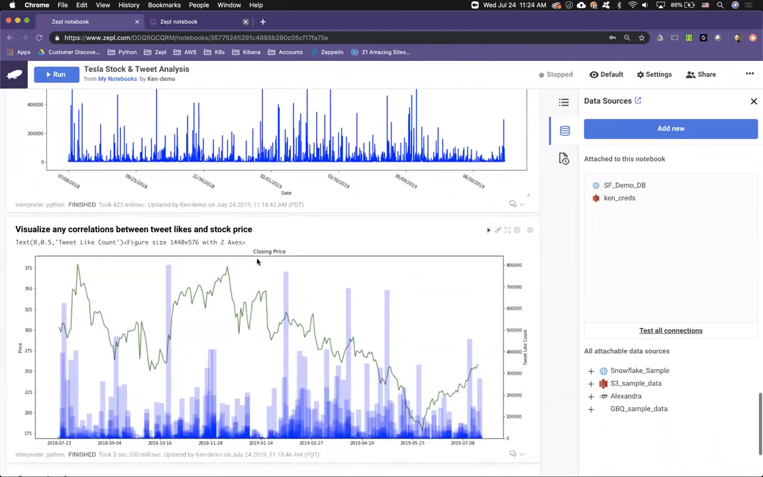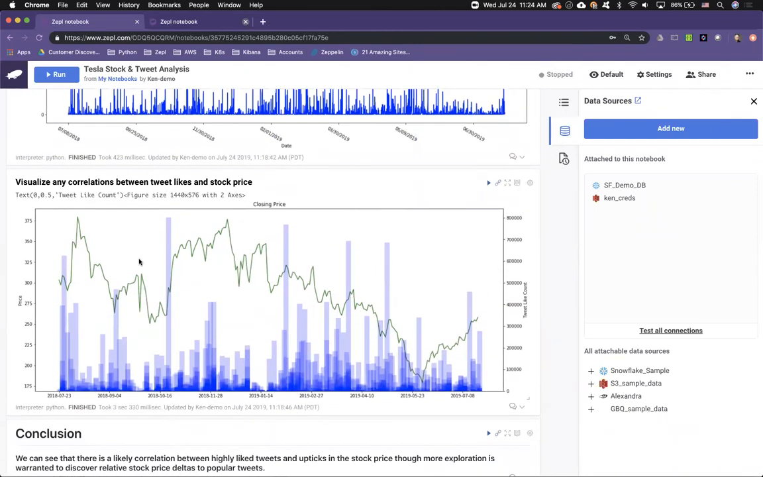Okay, so here we go. And again, we're using the matplotlib plotting library. And this time we're creating a more complex chart that shows two separate data sets composited over the same time frame. If we look at the result, we can kind of see a general relationship,